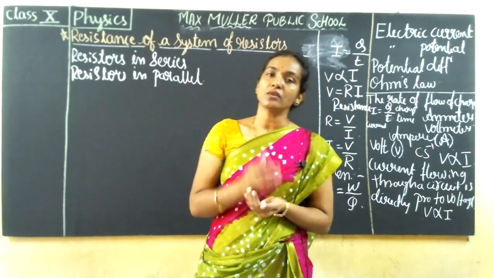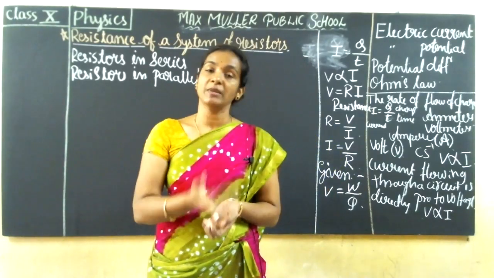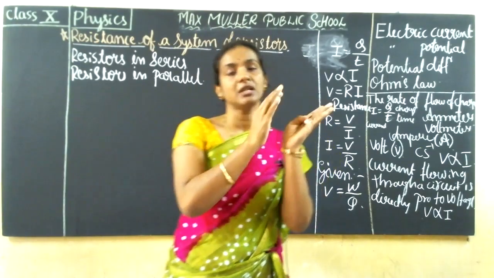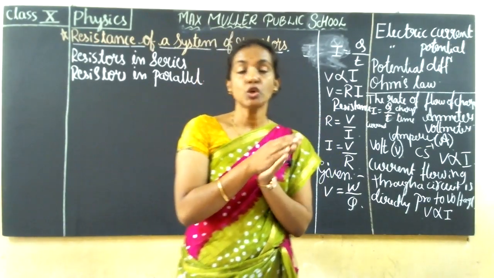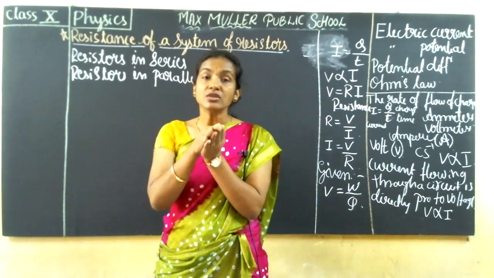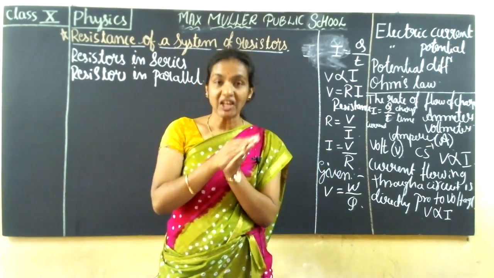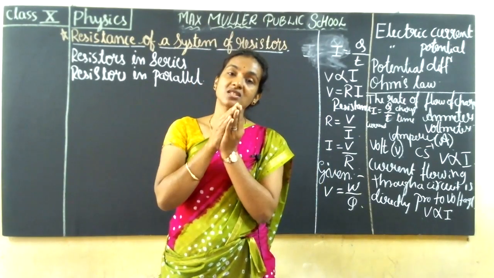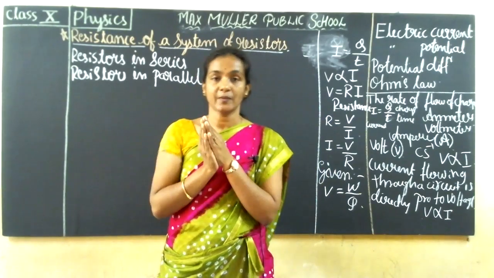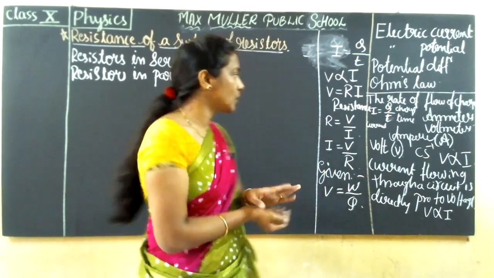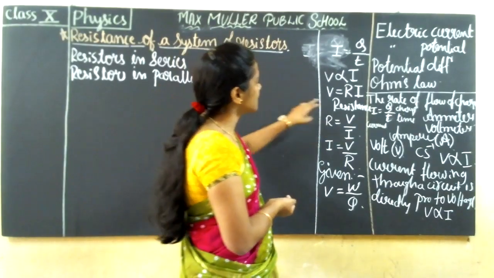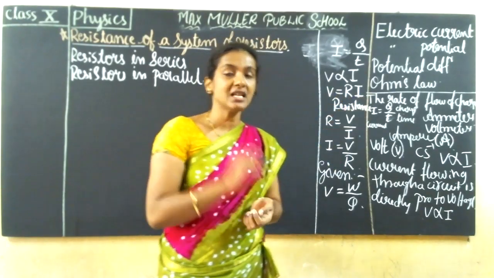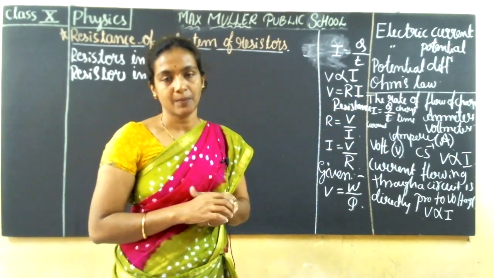We cannot calculate with a proportionality sign, because we learned in maths in previous years that there must be an equal sign to find any particular thing, right? So to equate them, we are introducing a resistor. That resistor is constant here. So in the third concept we have taken V is equal to R I. R is the constant and that is the resistance here.